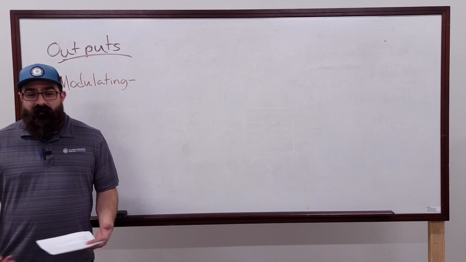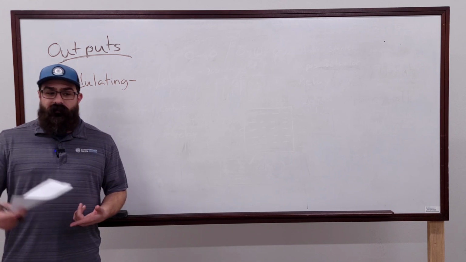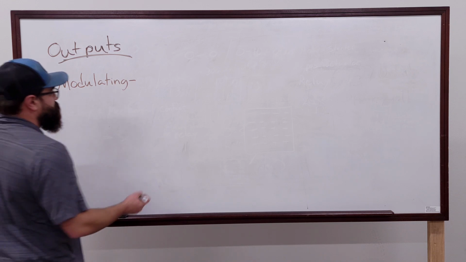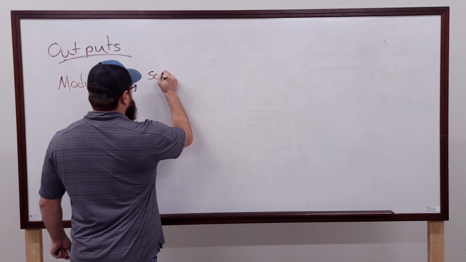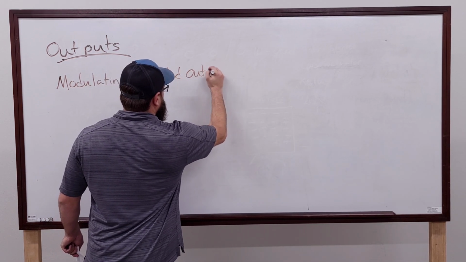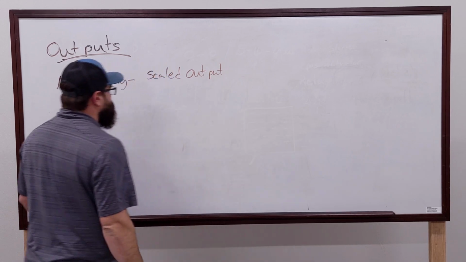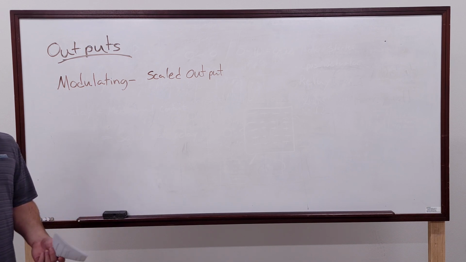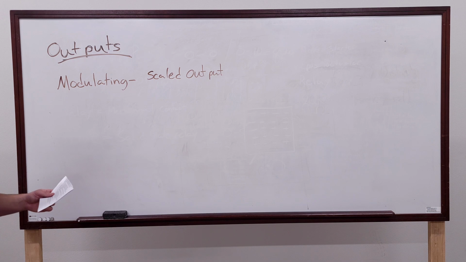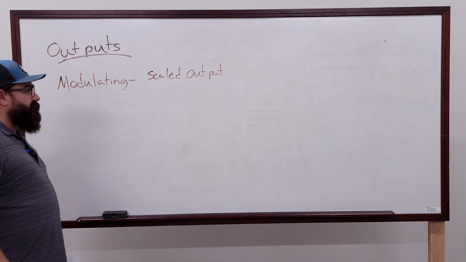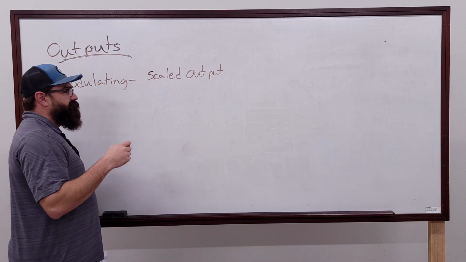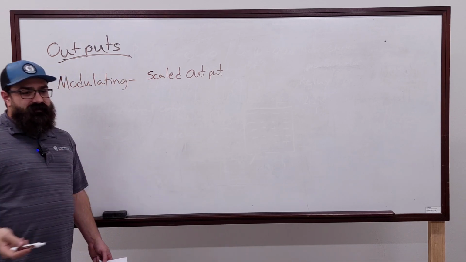So just like inputs, where we have binary and modulating, we have binary and modulating outputs, right? Makes sense. Modulating is just like the inputs. It's going to be a scaled output. So basically, instead of being on or off, you have what could basically be an infinite range of value on that output. So 0 to 10s, 4 to 20s, those output values can be scaled for percentages, for pressure,